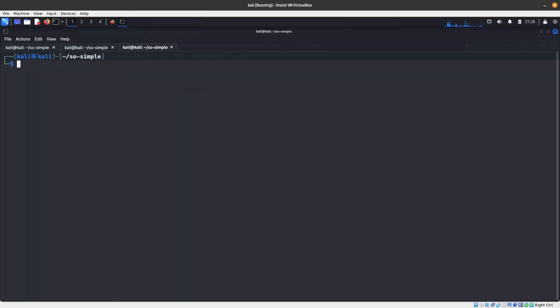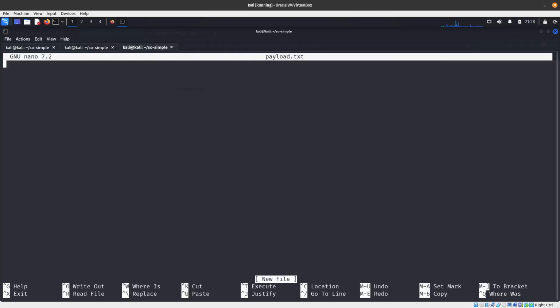So what we can do now is create our payload. So nano payload.txt, and in here what we're going to be doing is downloading our reverse shell, and then we are going to go to that reverse shell, and we should be able to execute it like that. So let's go ahead and do a pre. This is a text document, pre,